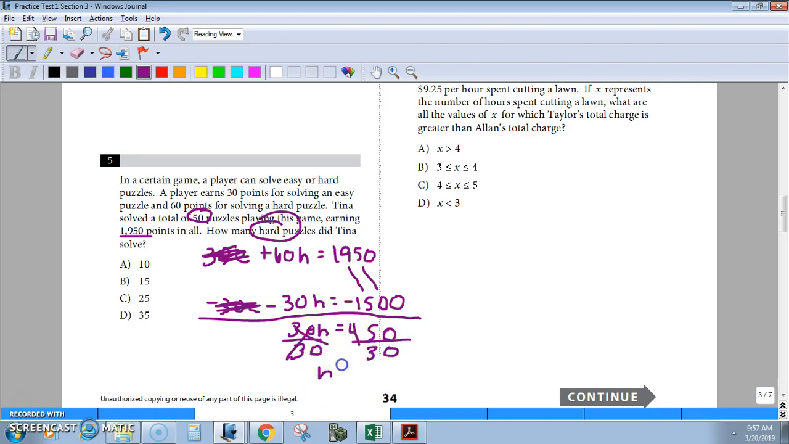Okay, so H equals, the zeros will cancel out on the end, and then 3 can go into 45 15 times. 3 can go into 4 once, remainder 1, and 3 can go into 15 5 times. So my answer is